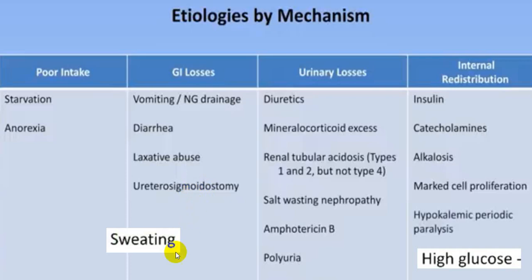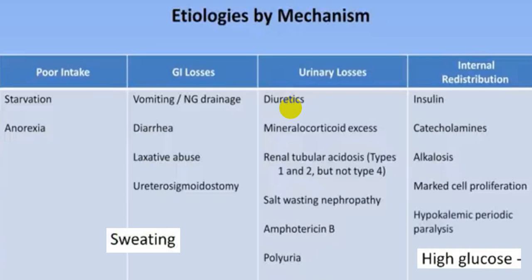And once in a while, extra renal losses can be because of excessive sweating. As far as urinary loss is concerned, the most common cause is diuretics. Those are loop diuretics, particularly furosemide, more common than torsemide. If a person has excessive mineralocorticoid, or is taking an excess of mineralocorticoids like fludrocortisone, or person has